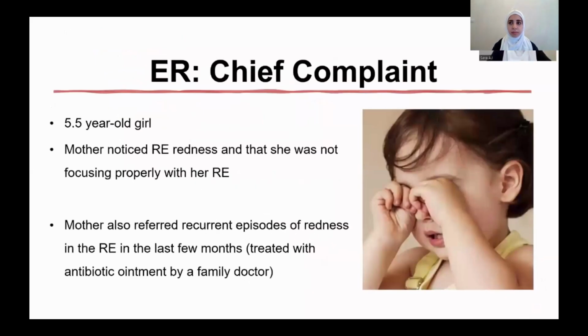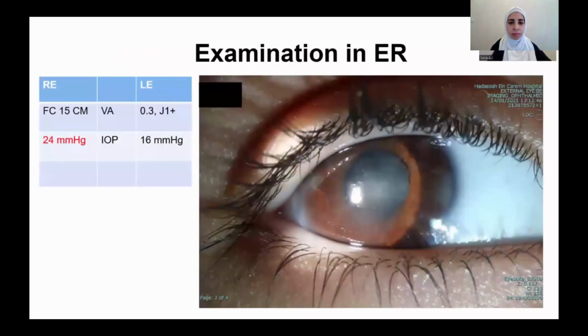I will start my presentation with the case of a 5.5-year-old girl whose mother noticed right eye redness and that she was not focusing properly with that eye. She also reported recurrent episodes of redness in the past that were treated by a family doctor with topical antibiotic ointment. Her examination in the ER showed visual acuity of the right eye finger counting,